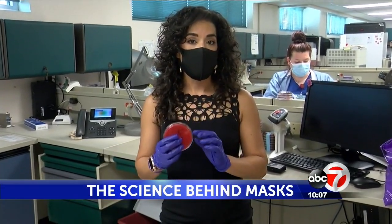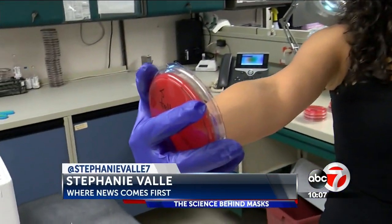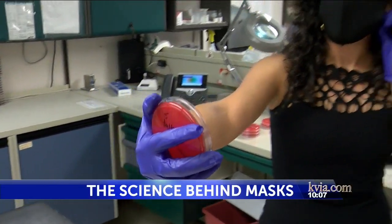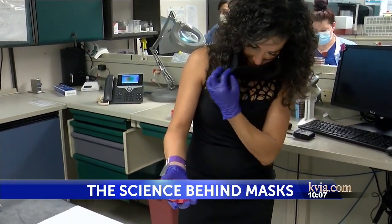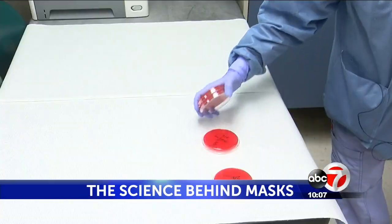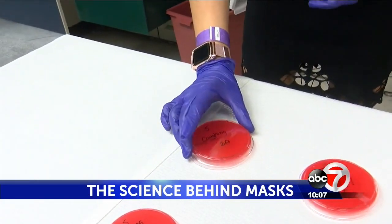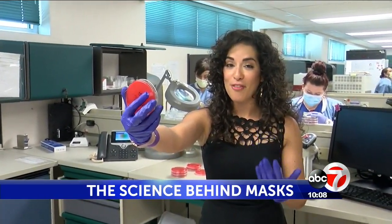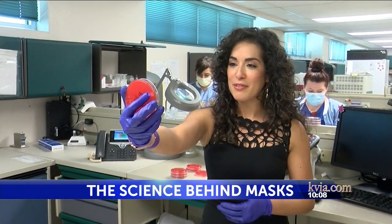So for this experiment, I'm going to remove my mask and hold this out about 2 feet away and talk to see what exactly is captured on the petri dish. So let me remove the lid here, take off my mask, and then I'm talking to it like I'm talking to a friend. The experiment progressed with sneezing, achoo, and coughing. Again, this is not normal social behavior for me where I would cough in someone's face. I would always cover my mouth, but for the sake of the experiment,